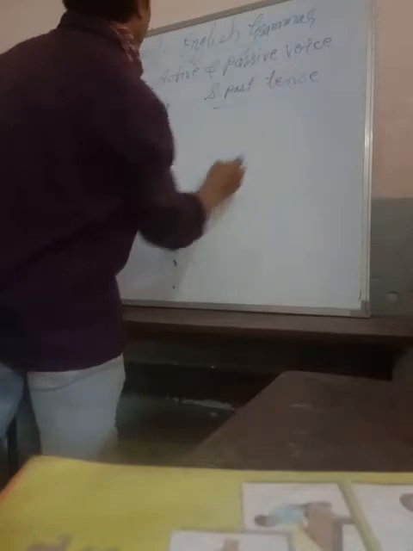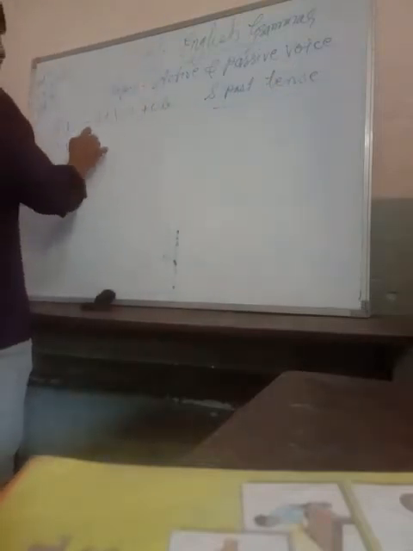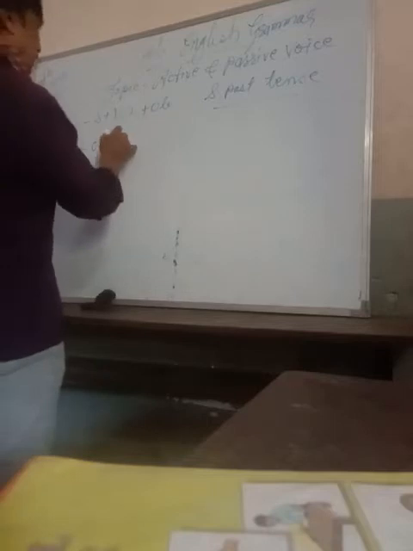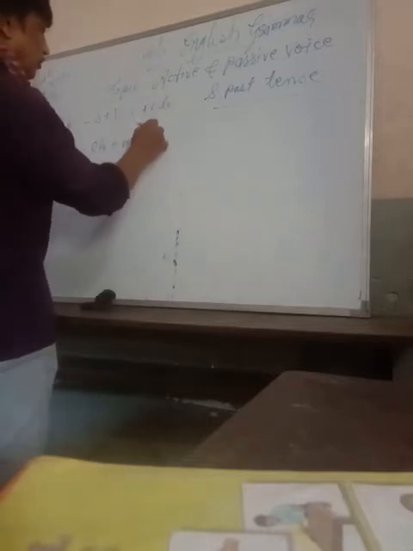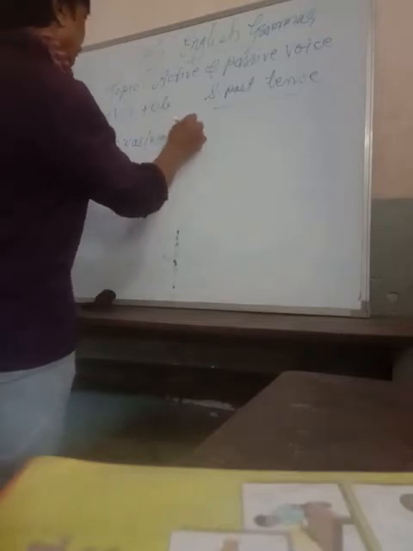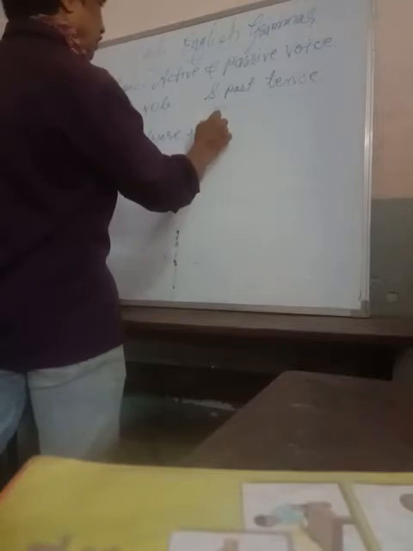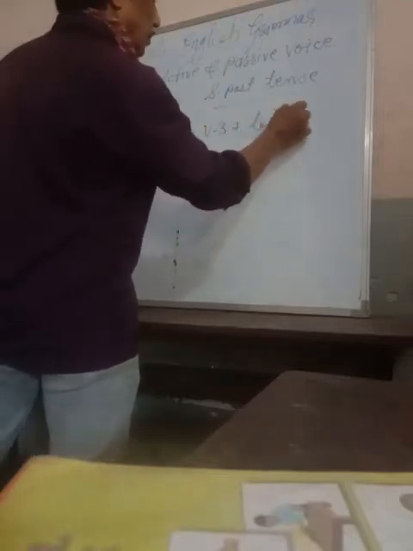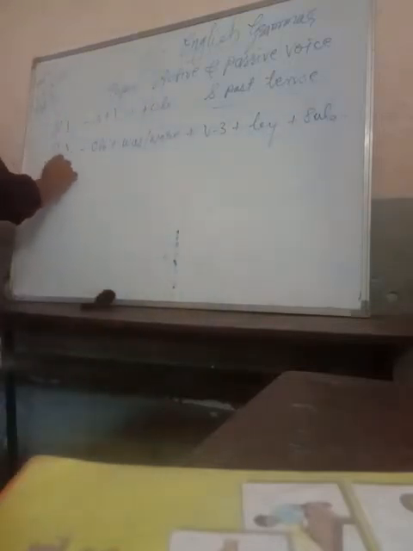You have to give the name of the tense with the formula so that you may remember that. So when it is changed into passive voice, the object comes first as per the rule. Then the to be form of past tense, was, plus V3, third form of verb, past participle, plus by plus subject. So this way.